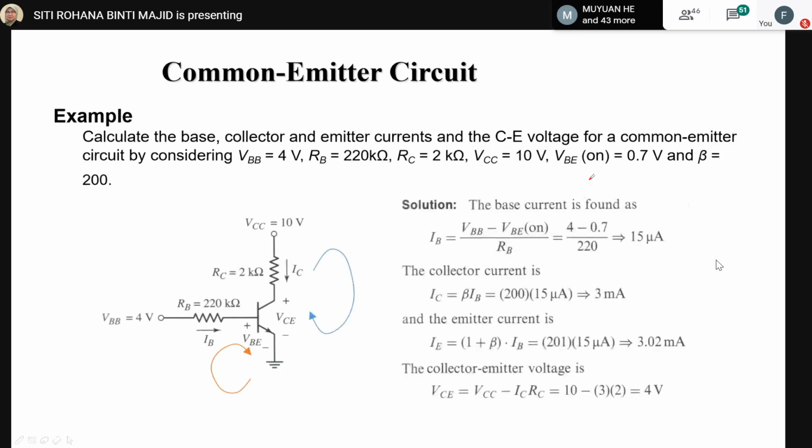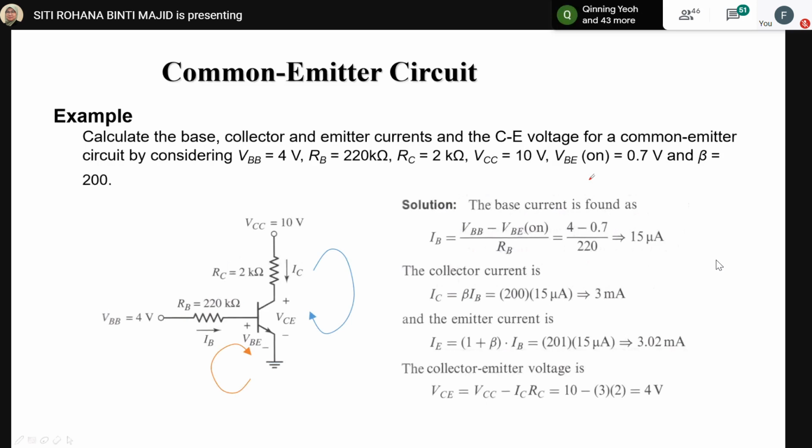I just want to show the variety of approaches that you can use to calculate base current, collector current, or emitter current. Whether you start with the voltage of the resistor, it depends on the parameters given in the question. So this one we can straight away calculate IB using Ohm's law, and then you will get 15 microampere,